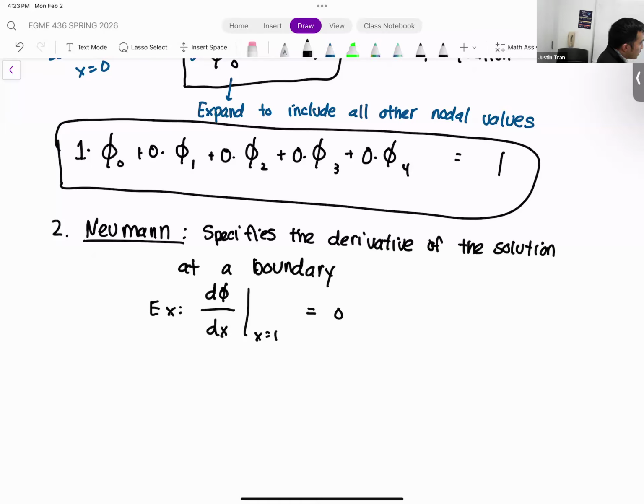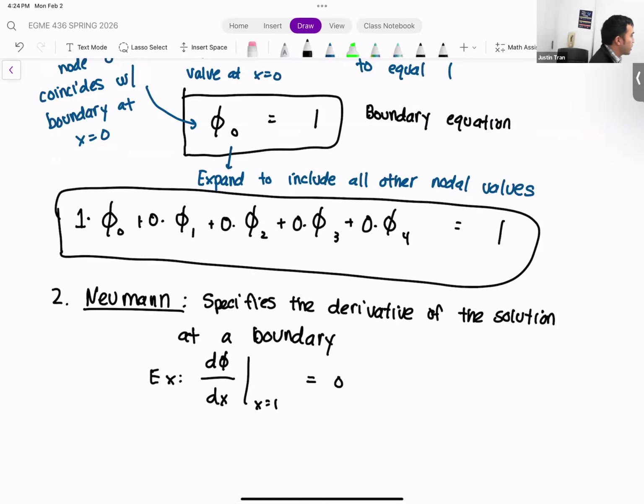Right. So this was the Neumann boundary condition on our example problem that we went over. Sorry, this is not something I made up now. This was the problem that we were working with since last time. So for Neumann type boundary conditions, once again, we do need to turn this into an algebraic expression, but